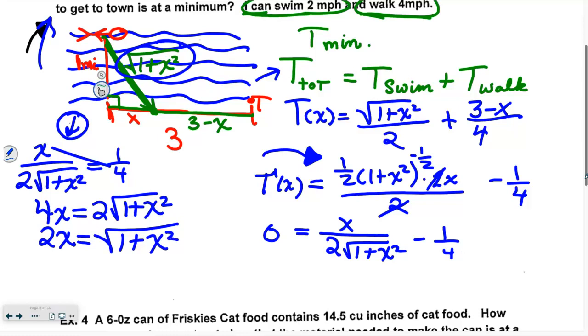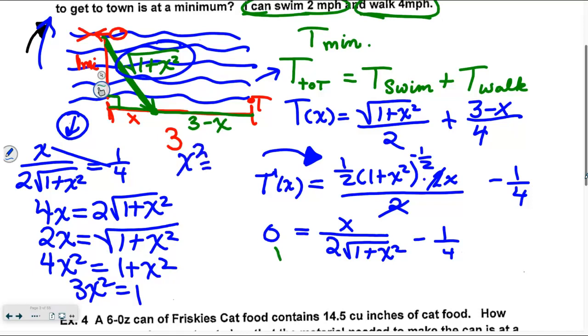I had to know that to optimize, I needed to find those critical values. I had to know how to take a basic derivative, but the rest of this is all common sense and basic math. I'm going to square both sides. And then it looks like my final equation is going to give me 3x squared is equal to 1. So my x squared would be equal to 1/3, making my x plus or minus,